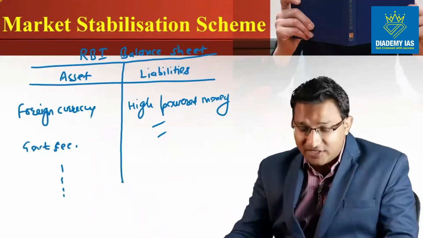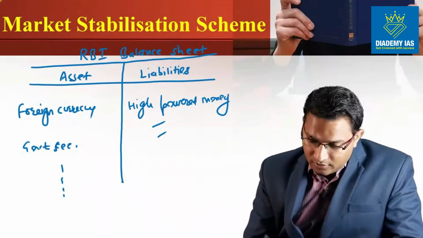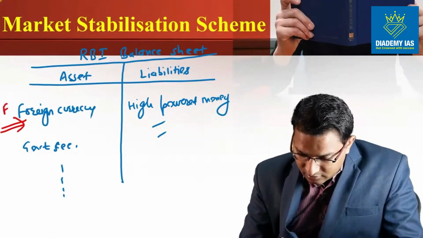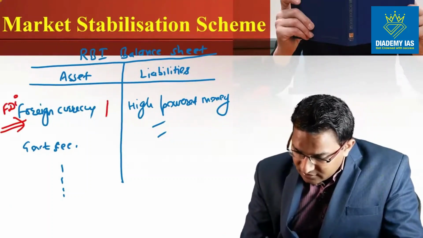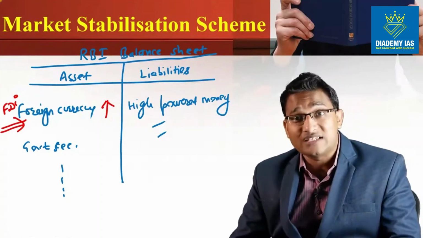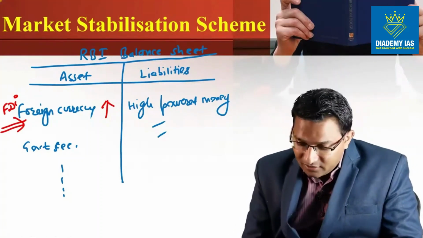So how the transaction happens: when FDI starts coming, that means this foreign currency starts increasing. The volume of the foreign currency starts increasing, right? Now,